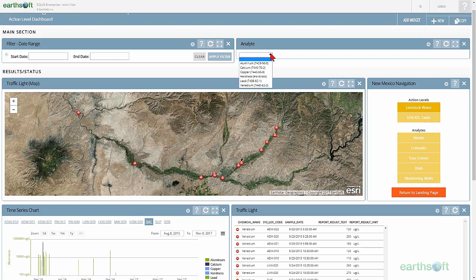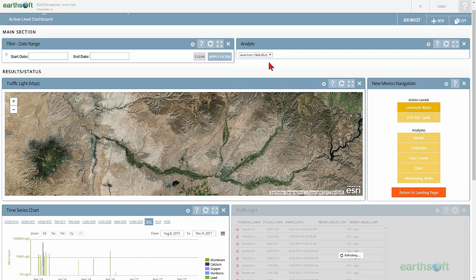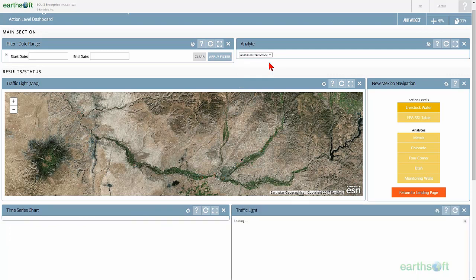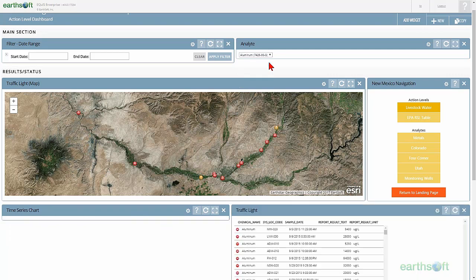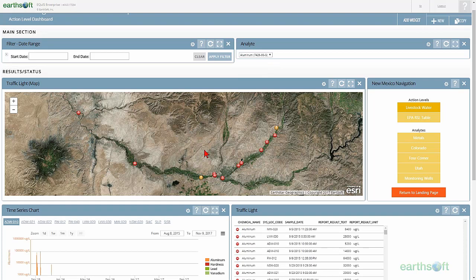I'm going to pick on aluminum first because it's the first in the list and it's the one I looked at on the previous dashboard. So as soon as I click that drop down, you'll notice that the traffic light map updates, as does the traffic light widget, and then the time series chart. So the only data that's going to be presented by all of these various widgets are going to be related to aluminum. No surprise, that's the selector that I picked, so I would hope that would be what would be